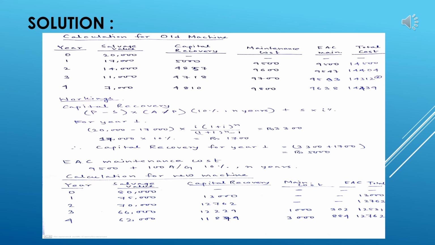If we consider, again we will see that the third year for the new machine gives us the least amount of value which the organization is looking for. So if we consider both third year for the old machine as well as the new machine, we will see that these are the two values which are the minimum out of the entire lifetime of both machines. Now when we are taking both machines' lifetime to be 4 years, we can easily say the old machine at the end of third year should be replaced with the new machine. This is the decision which comes out from this particular solution.